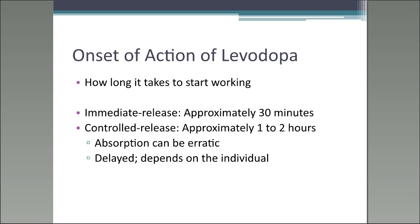So the onset of action of levodopa. Essentially, onset of action means how long it takes for it to start working. With the immediate release formulation, after talking to a lot of individuals, they tell me around 30 minutes is when it should start working. Whereas with the controlled release formulation, it may take about 1 to 2 hours. And so there is a little bit of a range. With that being said,